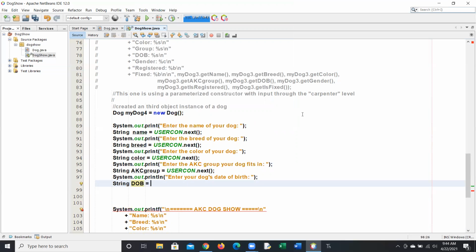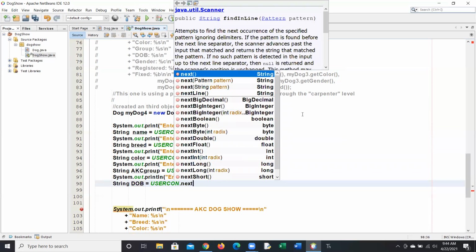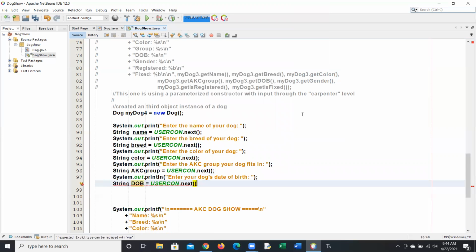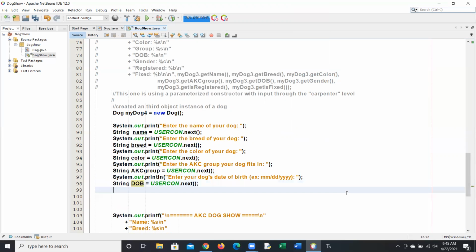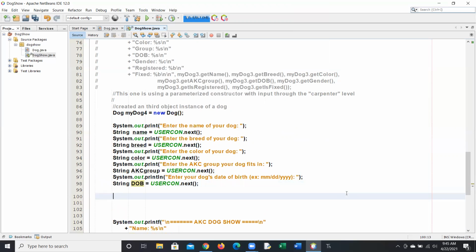And again, if I was doing this for real, I'd probably make this a date data type. But for our purposes today, just as an example, we'll just do that. Actually, I'm going to go back up here so it's more user friendly. I'm going to just do this example, month, day, year. Oops. So that's a better prompt. Okay, and then we have